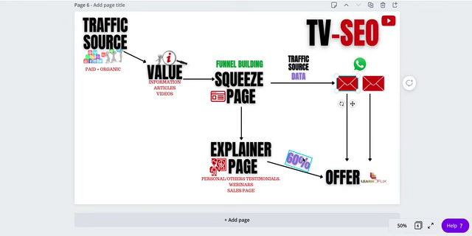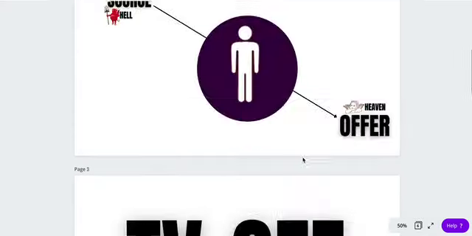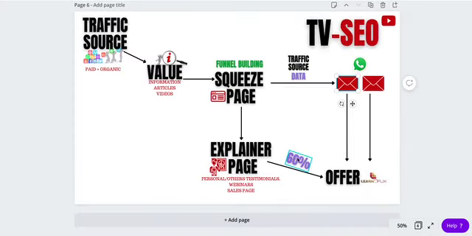So this, ladies and gentlemen, is the strategy that we are going to employ. In the next video, we're going to get into what we call traffic sources. I'm going to split them into paid and organic and explain all of them, and then we'll pick them one after the other to learn how they are done. We're going to dive into all the websites, everything that you need. You're going to have access to it, and you follow me step by step.